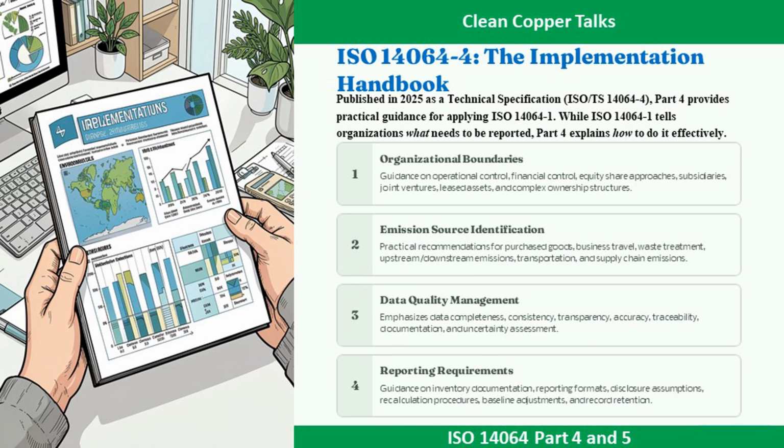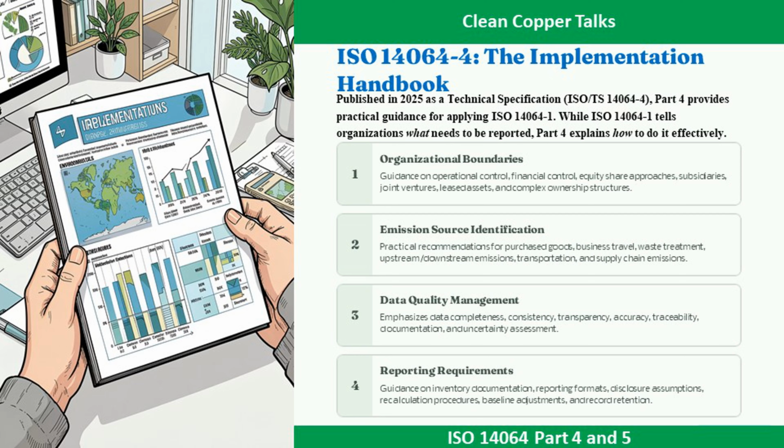ISO 14064 Part 4 was published in 2025 as a technical specification. Its objective is straightforward. It provides practical guidance for applying ISO 14064 Part 1. Think of it as an implementation handbook. While ISO 14064 Part 1 tells organizations what needs to be reported, ISO 14064 Part 4 explains how to do it effectively. The major topics covered under Part 4 are